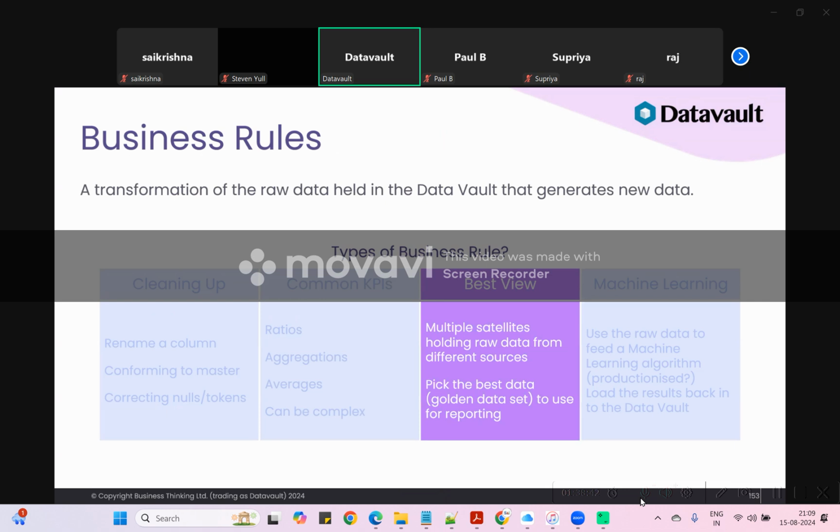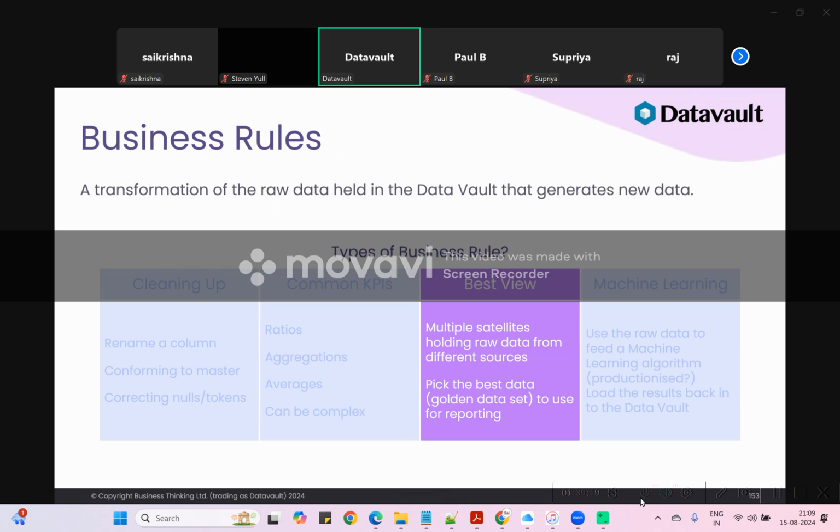We might have a best view. You've seen how we have one satellite, one source. What if I had 20 sources describing customer? I'm going to have 20 satellites on the customer, which is fine, no problem with that. But I might want to have a best view. I might want to know what's the best view of the data that I can have across those 20. So I might have some rules that say, well, take some data from here, take some data from there. If that's a null, then look here. Those sorts of things. And from there we can construct a best view,